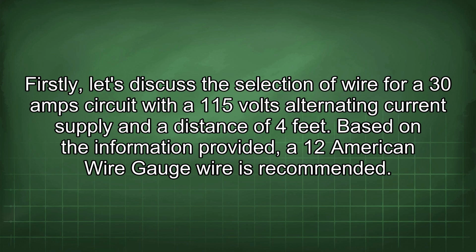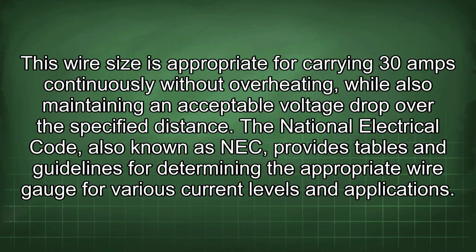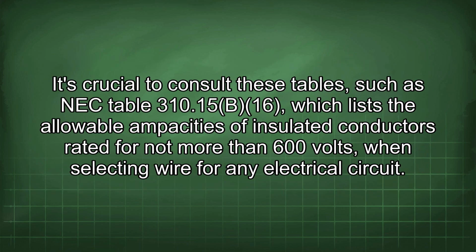Based on the information provided, a 12 American wire gauge wire is recommended. This wire size is appropriate for carrying 30 amps continuously without overheating, while also maintaining an acceptable voltage drop over the specified distance. The National Electrical Code, also known as NEC, provides tables and guidelines for determining the appropriate wire gauge for various current levels and applications. It's crucial to consult these tables, such as NEC Table